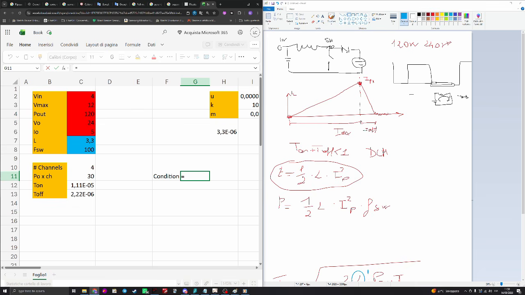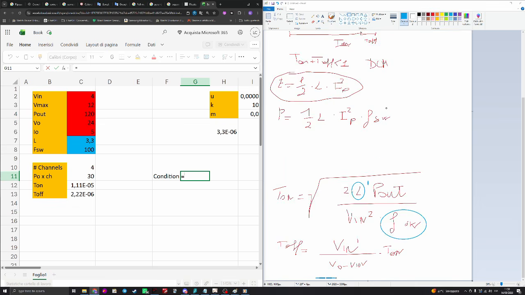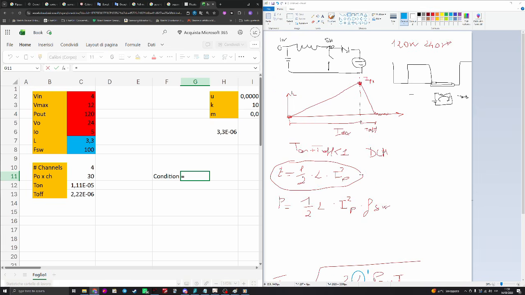This T on and T off time has to be compared with the total time. So T on plus T off plus T dead is equal to 1. Or else we can write, probably easier to understand,